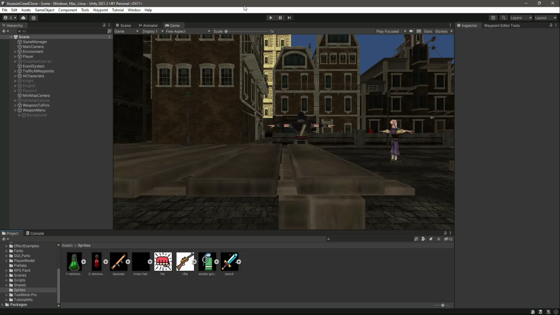So now in this video we will be creating the currently active weapon menu. Okay, so if the player has the sword in the hands, then right here we will create a current weapon menu in which we will be showing the sword right here, that this sword is the current weapon in the